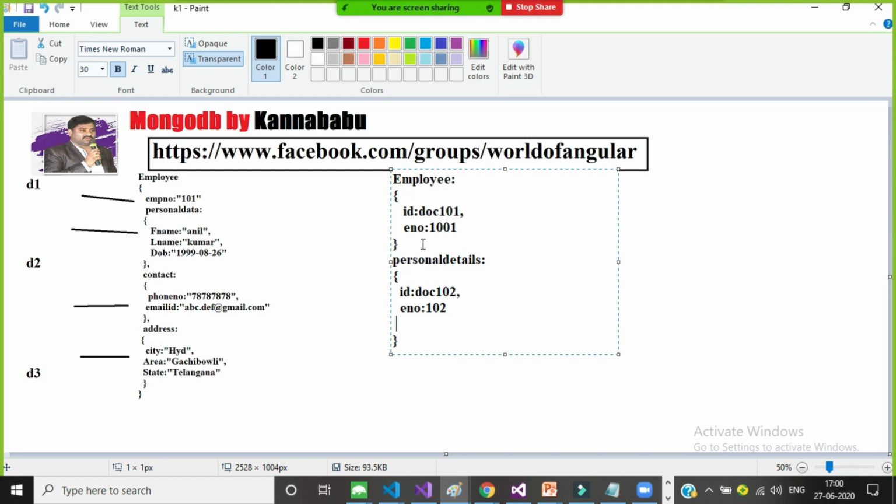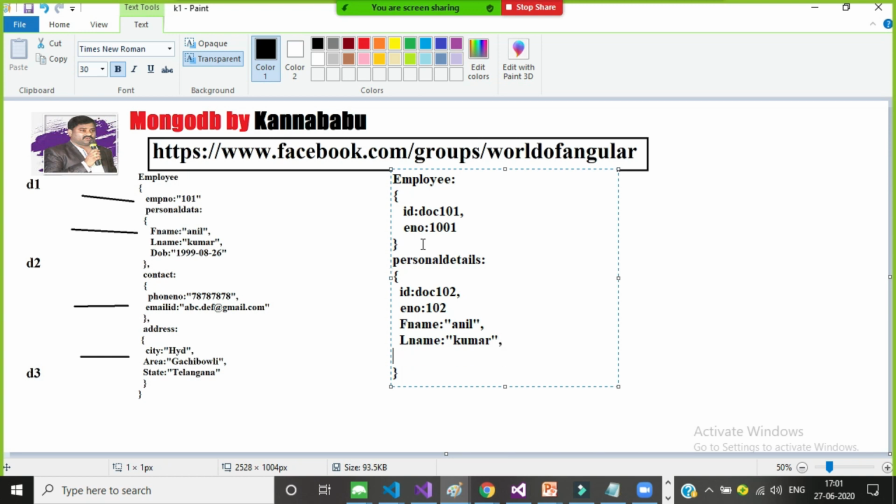Are you following everyone? And here I'll give first name, some Anil. Is it clear? And here I'll give last name, some Kumar.